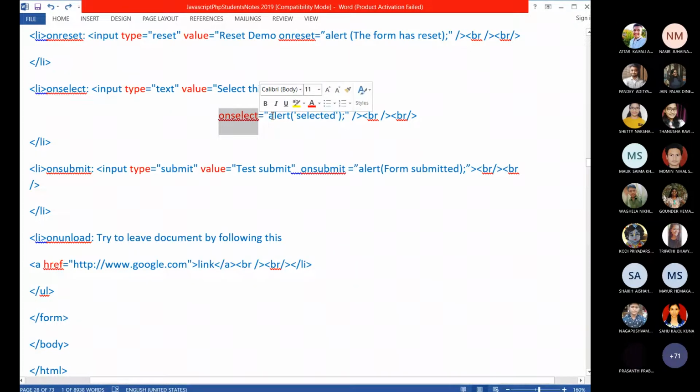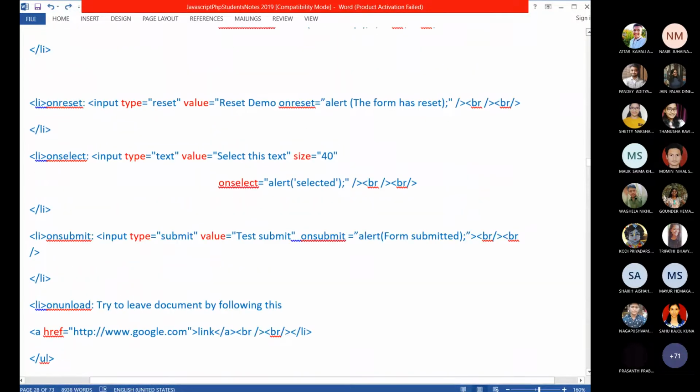The value of the event should always be JavaScript code. Here this alert, creating the alert text box separately, you can write in some function and call the function here. Or instead of doing that, which will increase the amount of code, directly you can write the alert text box code here itself. So this is event